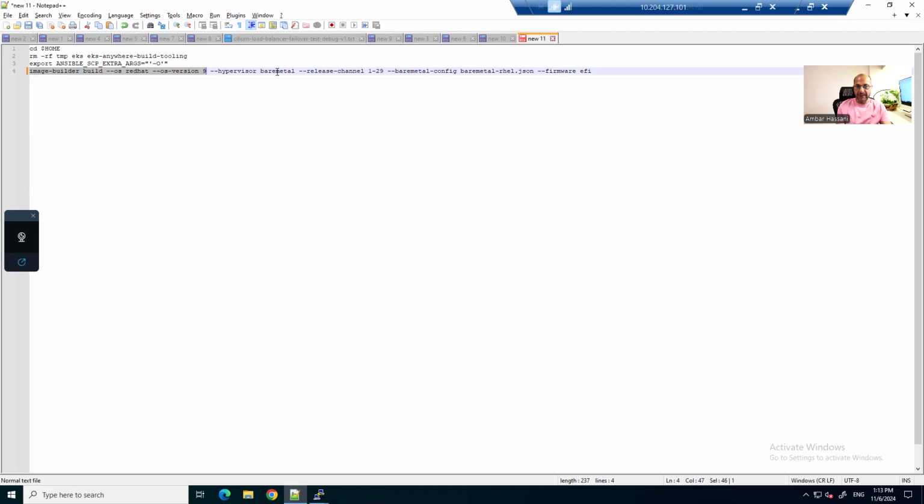The hypervisor is bare metal. The release channel obviously is 1.29. If you want a 1.28 or 1.30, you've got to specify the release channel accordingly. The bare metal.json has the specifics in terms of the ISO URL, the checksum, my RHEL username and password and whatnot. But the most important part, which I figured is not adequately documented on the EKS Anywhere